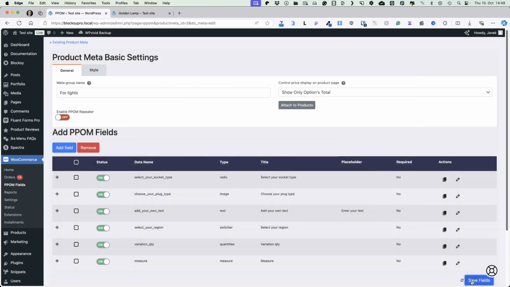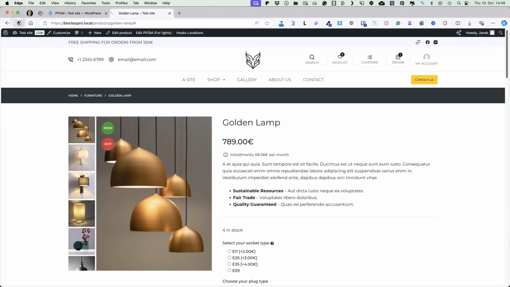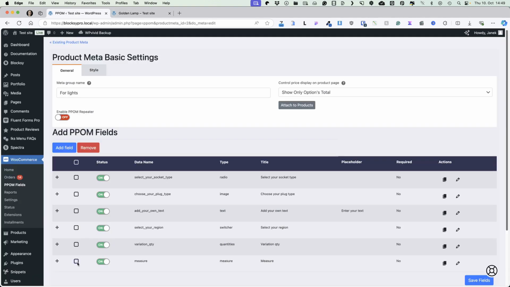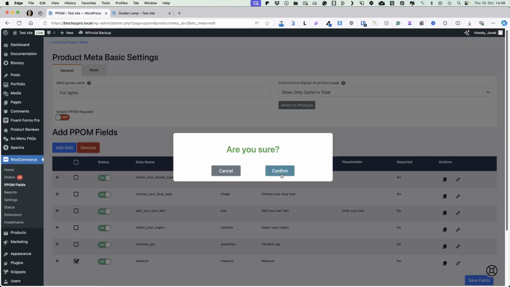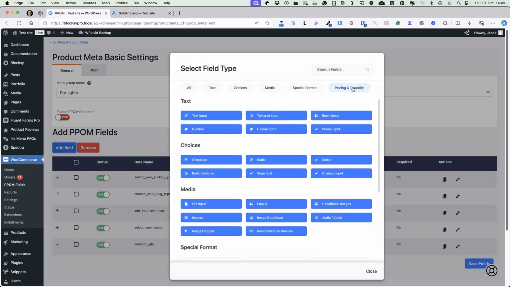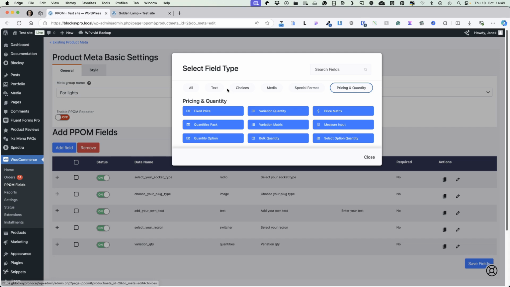Update field. Save it. Let's refresh the product page. And here's our measure field. As you see, if it's 0, then nothing will be multiplied. If it's 10, then it multiplies with 10. I'm going to remove this field for a moment. I'm going to save it and I'm going to add the last field for this video, and this time it's